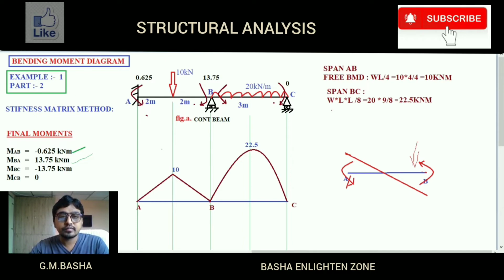See here, a 0.625 kilonewton load acts from downwards on the beam like this. So how much will the force be? It will be 0.625. Whenever it is applied from downward like this, the beam will move in the forward direction up to 0.625. Okay, so please mention that one as 0.625.